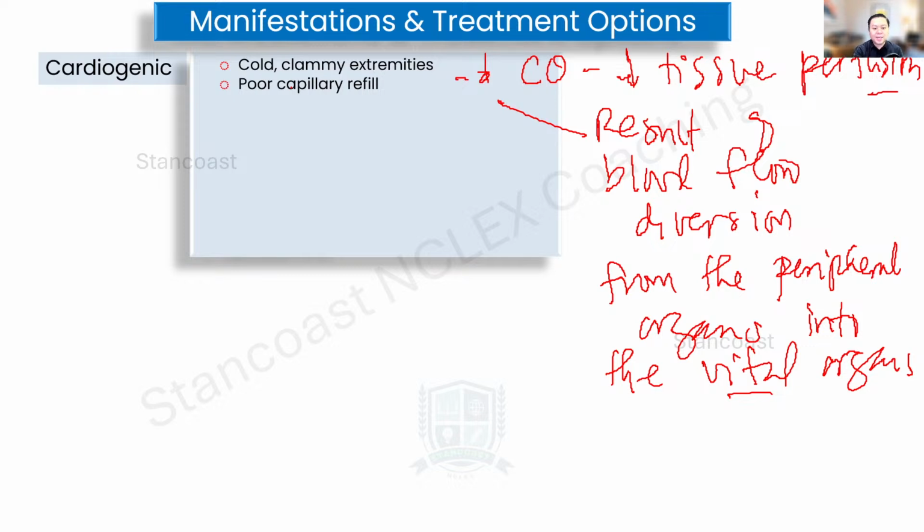Now let's talk about the elevation of the jugular venous pressure, distended neck veins. Why? There's going to be distension of the neck veins and elevation of the JVP, which is the jugular venous pressure. We'll remember about cardiogenic shock. This is going to be caused by MI and also congestive heart failure. Remember about that? MI and heart failure, especially